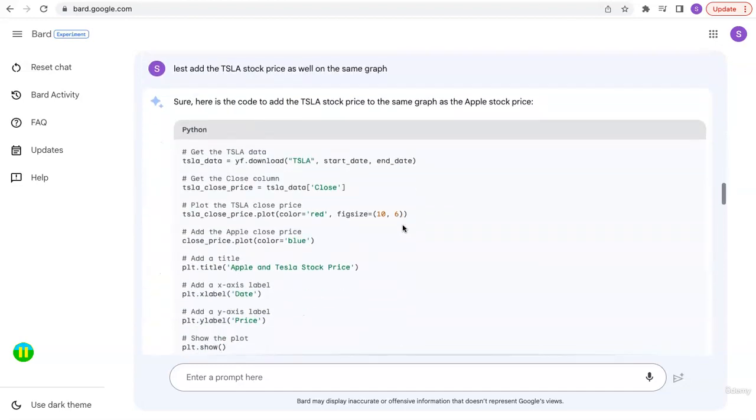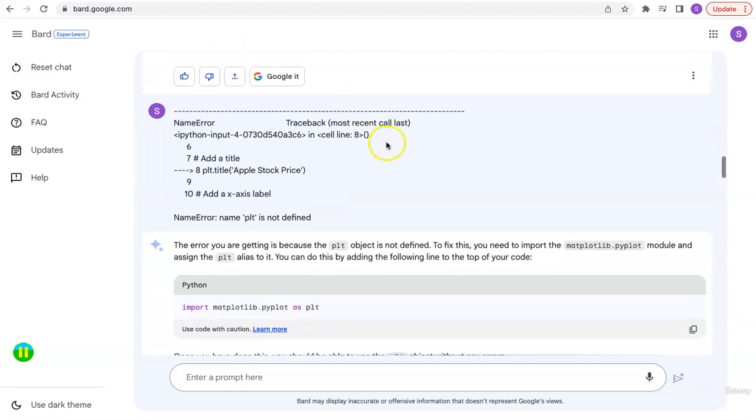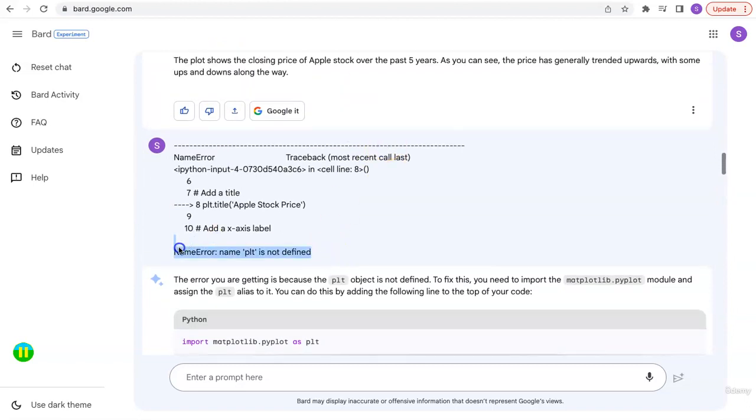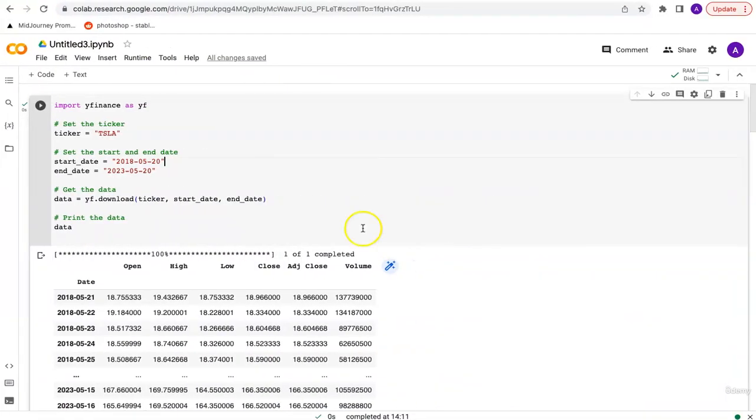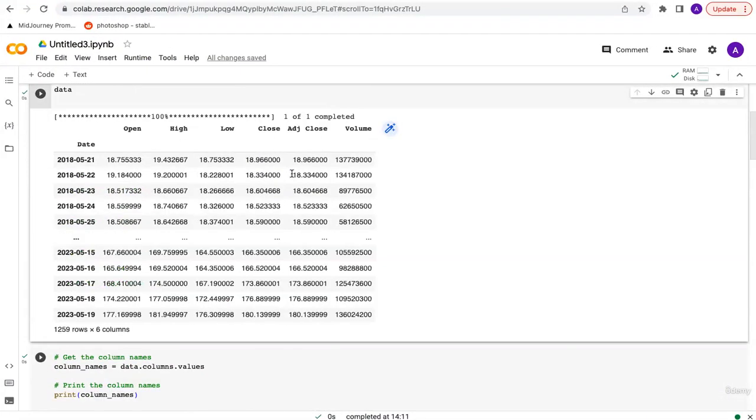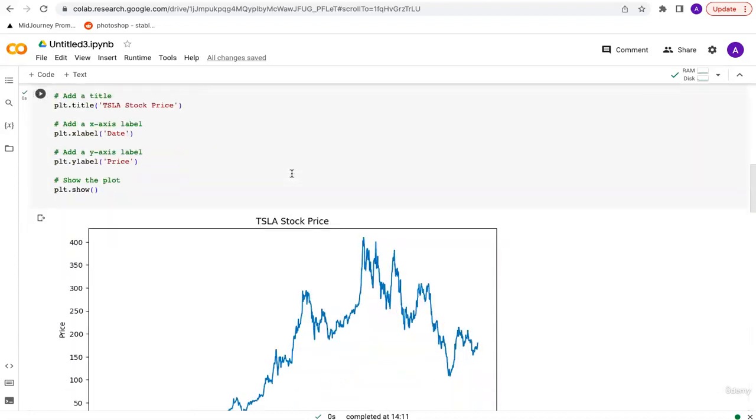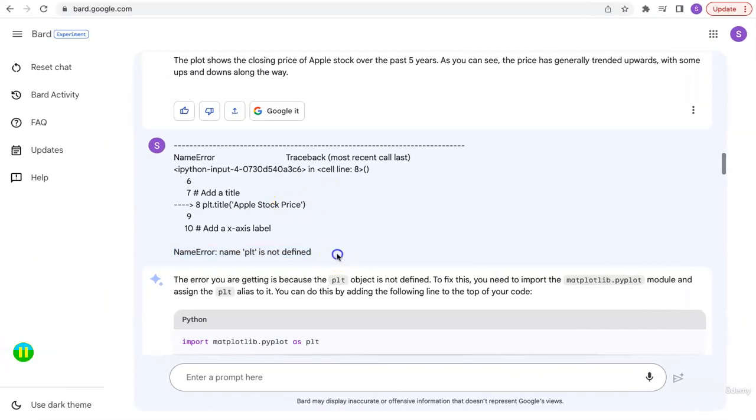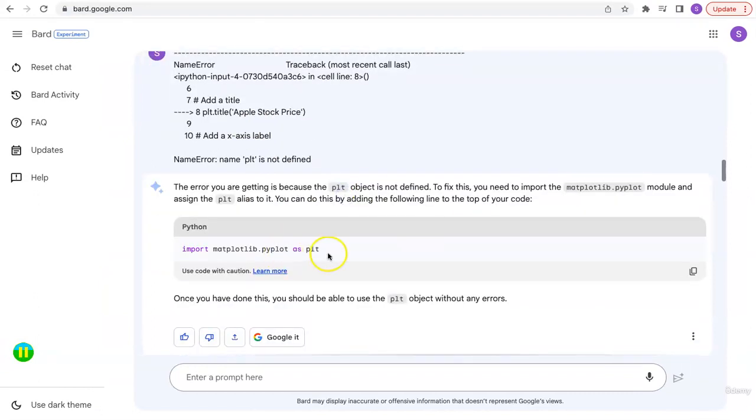So the next thing I did was I said, let's add the Tesla stock price as well. Oh, actually, I ran into an error when I loaded the first time, and it gave me an error saying name PLT is not defined, and that is because a specific library was missing that I added later. So if you receive an error like this, name PLT is not defined, it's because you haven't imported the matplotlib library. That's why it gave you that error. So make sure that